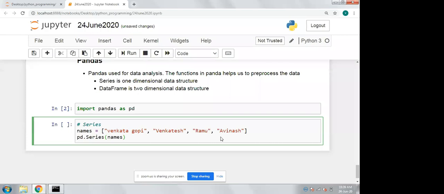You can find the series with data type equal to object, and the names and positions. 0, 1, 2, 3 are the positions of the data. If you want it more clearly, let me create an object for this. The series object, the names of single dimensional data.